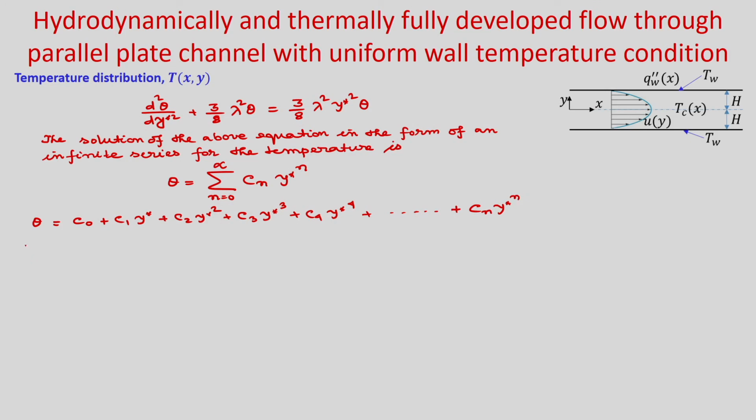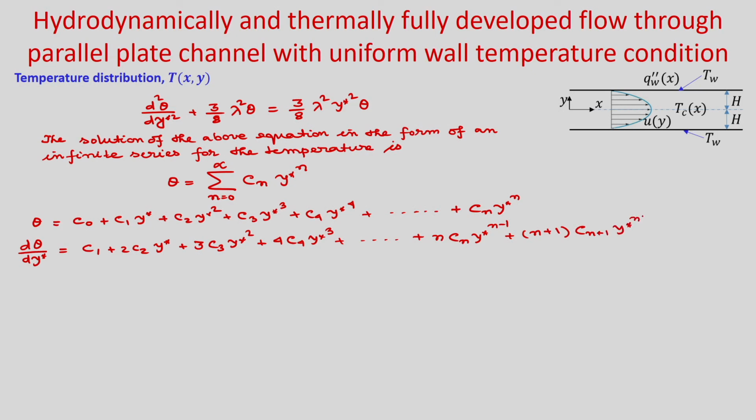Now if you take the derivative with respect to y star, then d theta by dy star you can write as C1 plus twice C2 y star plus 3 C3 y star square plus 4 C4 y star cube plus so on, plus n into C n y star to the power n minus 1 plus n plus 1 into C n plus 1 y star n, and d2 theta by dy star square,